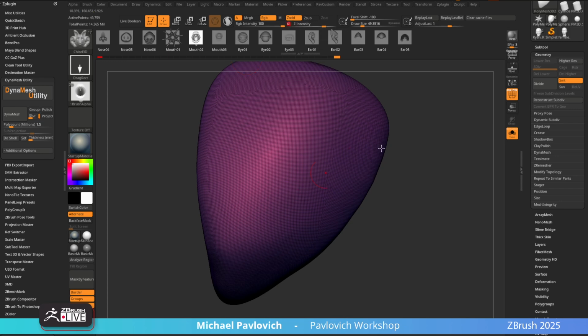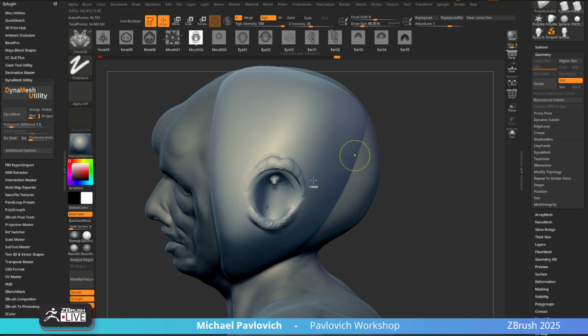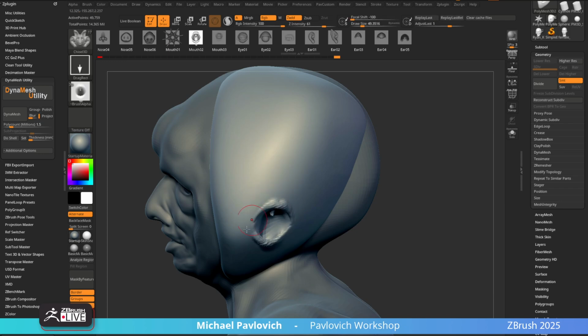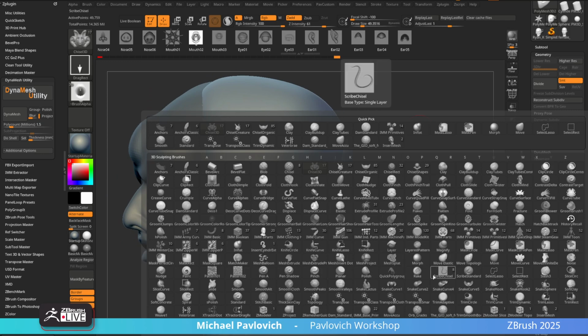Let's take down that Z intensity here. And again, you could just put a mouth in here and then start sculpting around it and modifying it like I did with the baseball. Or we can go back into our brush